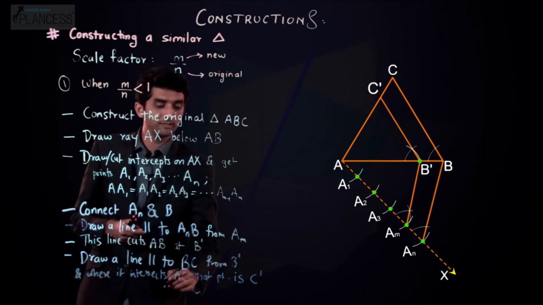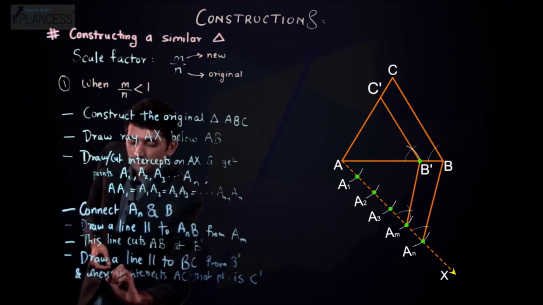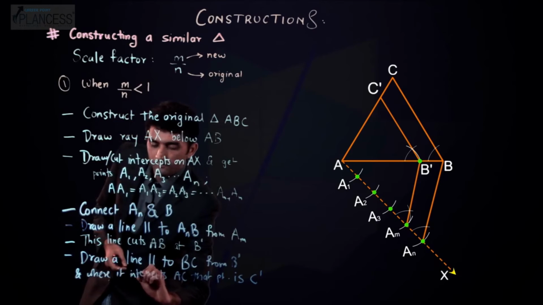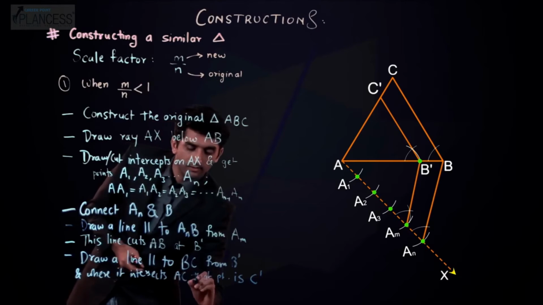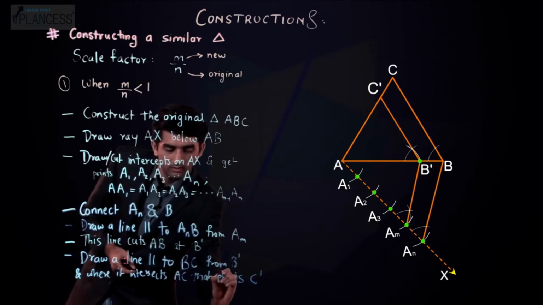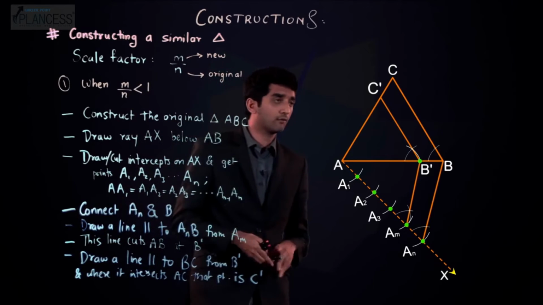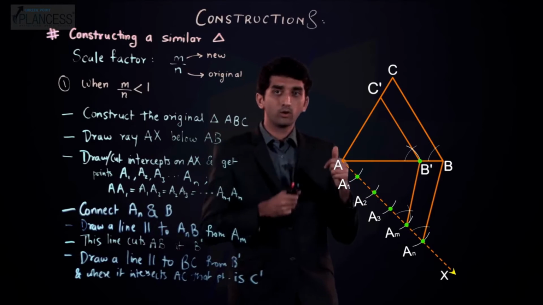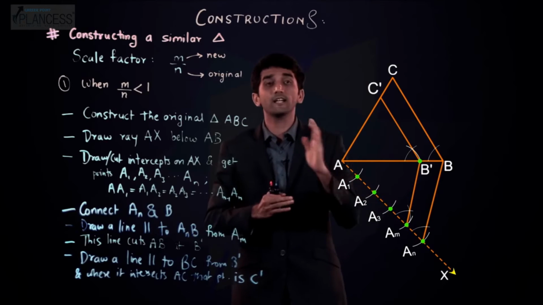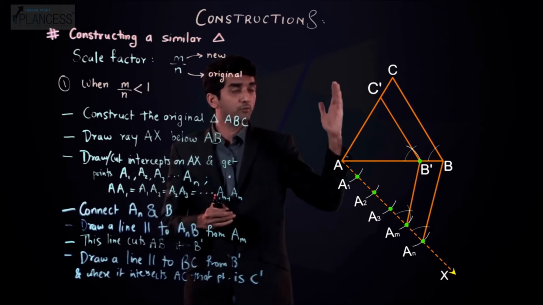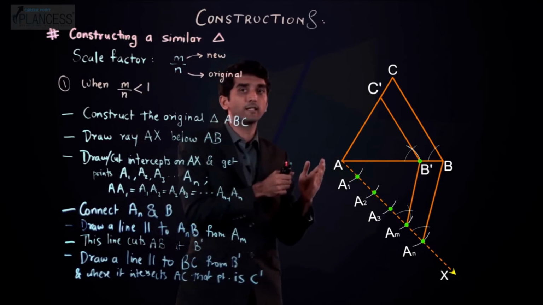Draw a line parallel to BC from B dash, and where it intersects AC, that point is C dash. Once you have got C dash, you have got all the 3 points. A, the original point, still is the new point A dash. So A and A dash are the same. We have got B dash, we have got C dash, already connected all the 3, and hence the triangle AB dash C dash